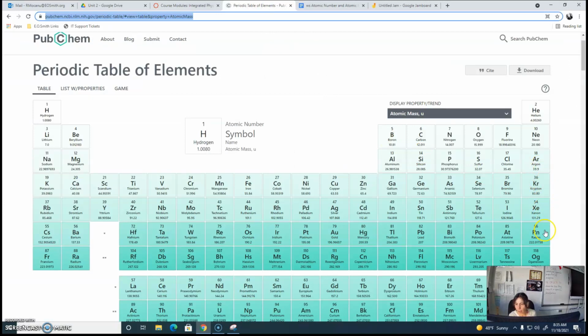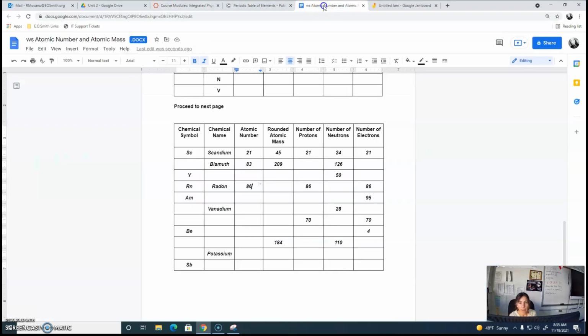The atomic mass for radon is given to me right here, 222. I'm going to put that atomic mass, 222, right here. For the number of neutrons, all I have to do is take 222, my atomic mass, minus 86, and do that subtraction. 222 minus 86 is 136 neutrons. All right, good luck with the rest of the assignment, and I will see you guys